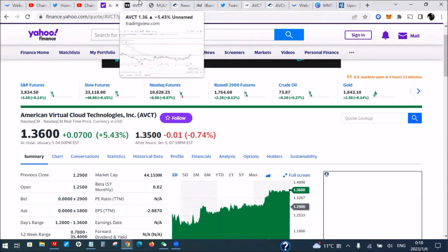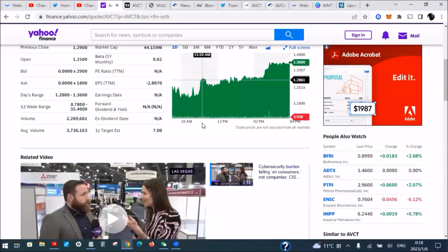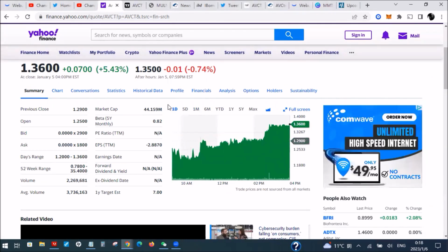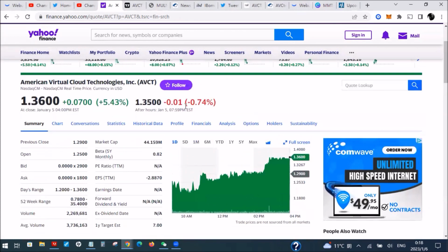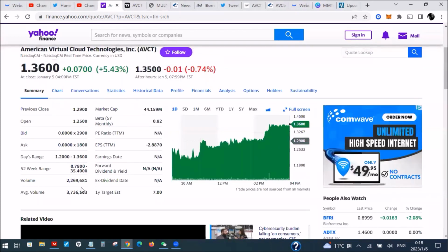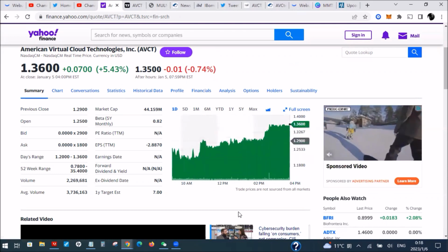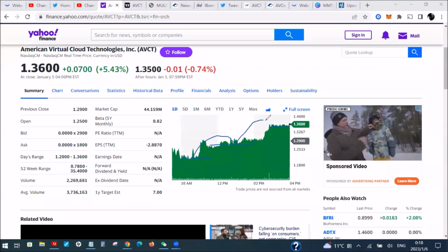upside. Doesn't have a whole lot, in terms of the cost to borrow, like a Mullen or HKD, different kind of cost to borrow here at play, around 30%, but still running up really nicely and steadily, not on overly heavy volume here. 2.26 million shares traded today. 5.43% to the upside. Again, as I mentioned, did have some selling pressure earlier on the day, brought it down a little bit, and just continue to climb the staircases, as you guys can see, building nice bottoms, and solid